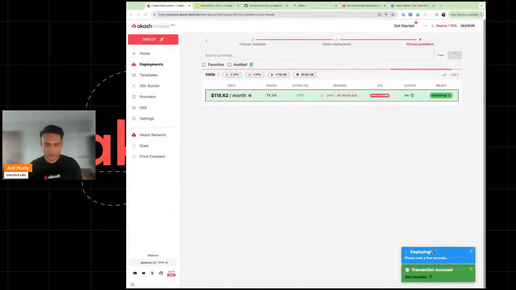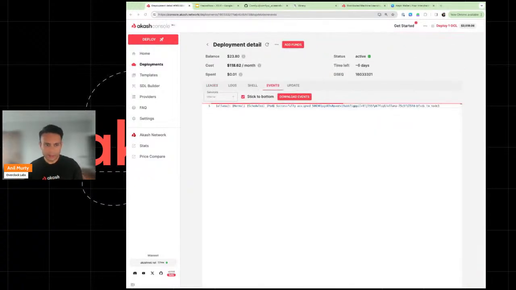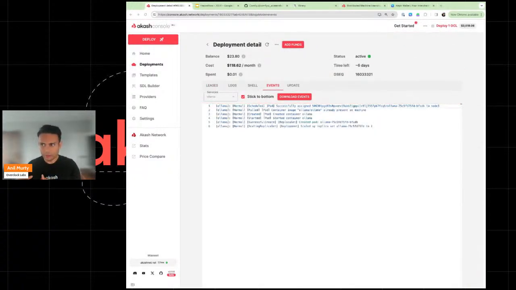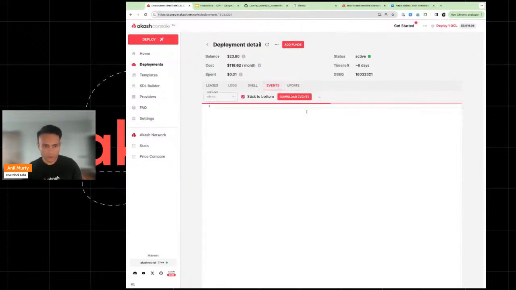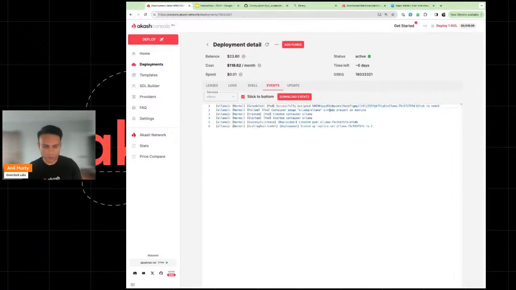And so once that lease is created, that lease is recorded on the blockchain, and now your application gets deployed onto this provider. The way the deployment on the provider happens is that every single Akash provider runs a Kubernetes cluster, and that Kubernetes cluster then goes ahead and pulls down the container image that's specified in that SDL file. So here we said we want to deploy Ollama. So it's going ahead and pulling down that specific Ollama container from Docker Hub. It's creating a pod,